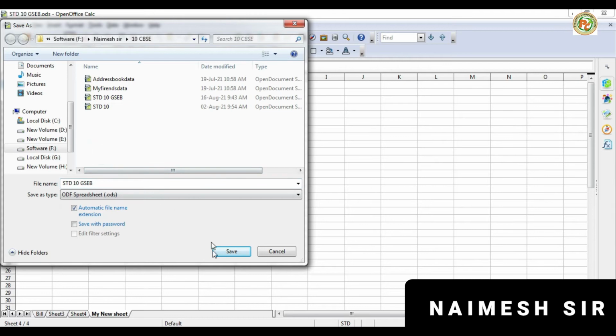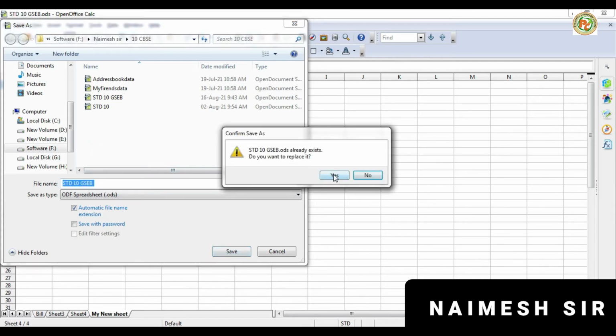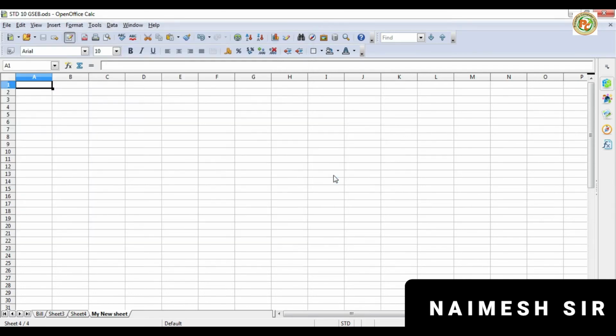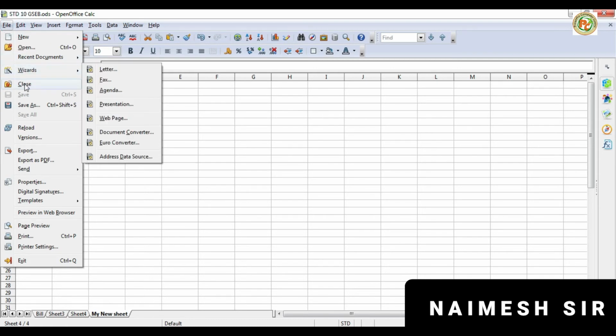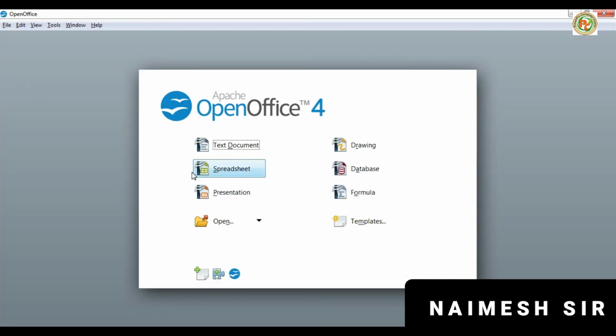Okay, so it is called the rename of the sheet, but I want to keep the same, so it will remain the same. So this way we can close it. Now I don't want to work with this. Okay, so what to do? I want to close this existing sheet. So to close this worksheet, we have to select it and click on the close. So you can see it is closed now.